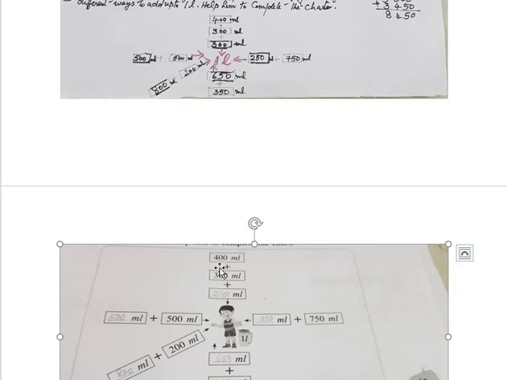So one way he tried 400 plus 300 plus dash. So this dash you have to fill up. So how you will fill up? 300 plus 400 equal to 700. 1 liter meaning is 1000. So 1000 minus 700 equal to what answer will we get? 300. So in this column you can write 300. So 300 plus 300, 600 plus 400 equal to 1000. So this answer is 300.